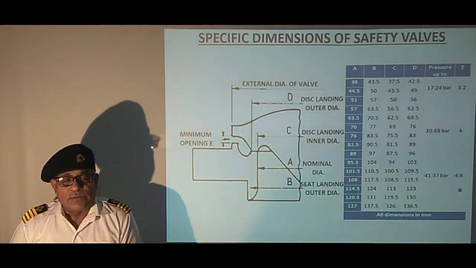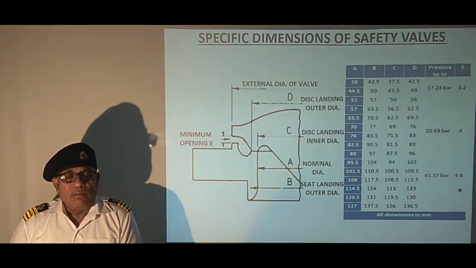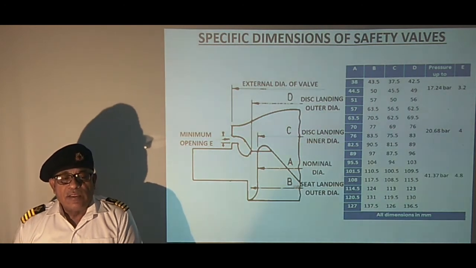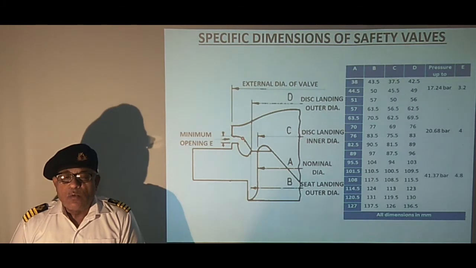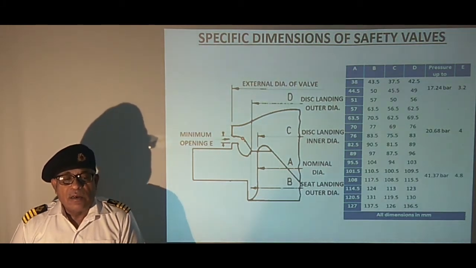to be replaced. And in this diagram, we can see that there is a special shape given to the valve disc here and a similar shape given to the seat. So when the valve lifts a little, the steam is forced down into this special shape and then it acts on the lip of the valve, which has also got a special shape. So that is the description of the valve seat and disc.